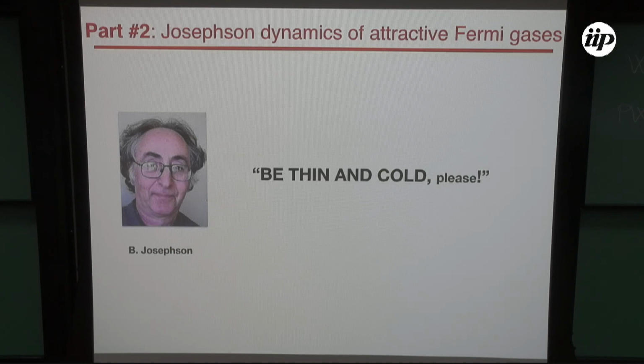Well, let's go in the other direction now. So let's flow down, now into the attractive branch. And here, to do the measurement of Josephson dynamics in a real experiment, of course, in the atomic case, we need to be very thin and cold, okay? Anna was showing, of course, the barrier. We cannot be at the level of one correlation length thickness. So anyway, we try to be as tiny as we could.